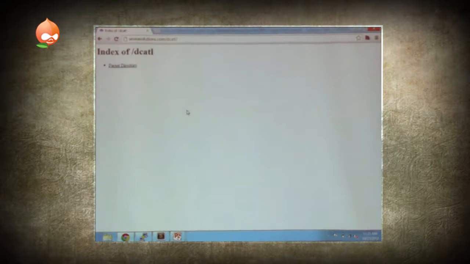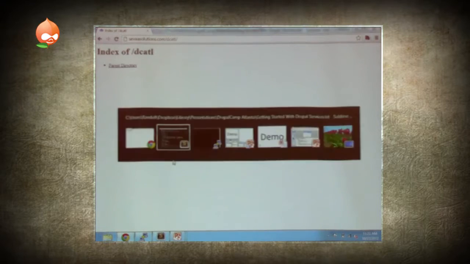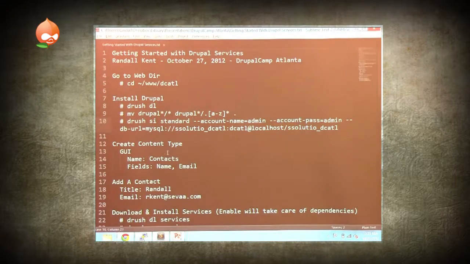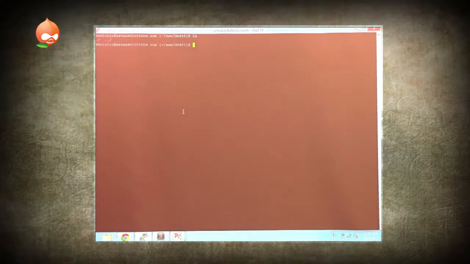So the first thing is we're going to be in a directory that ties to a website that's just blank right now. And this text document is definitely going to be made available after the fact in case you guys want to try it out on your own. So we'll start with copy and paste just for fun, because I will mess it up if I try to type it. We'll download